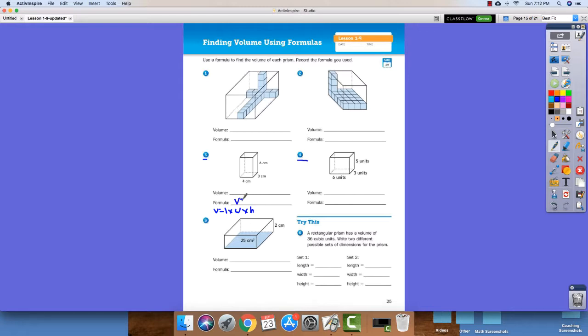So I can do, for this prism, volume equals 4 centimeters times 3 centimeters times 6 centimeters. And we did talk about in class about how, yeah, it's length times width times height, but since it's multiplication, we can really multiply these numbers in any order. So you might want to pick easier numbers to multiply first to help you with your multiplication. Well, to solve this problem, I can do 4 times 3, that's 12, okay? So I could do 4 times 3, that'll give me my area of the base, actually, and that would be 12 centimeters squared. Multiply it by my 6 centimeters still, and 12 times 6 centimeters gives me 72,